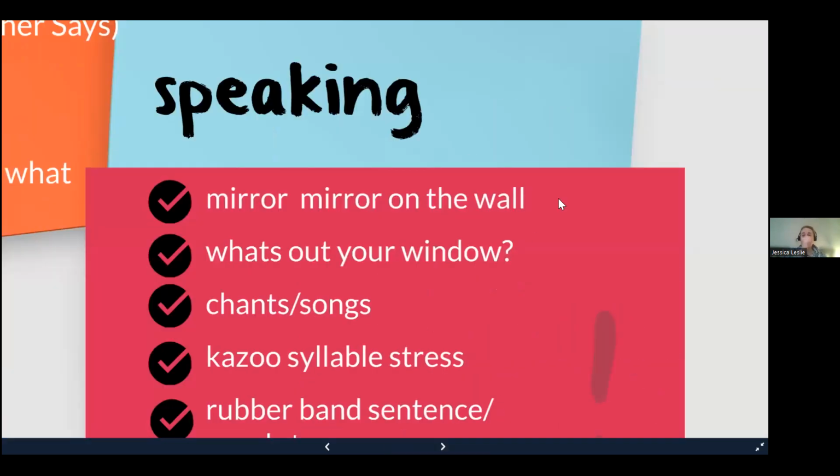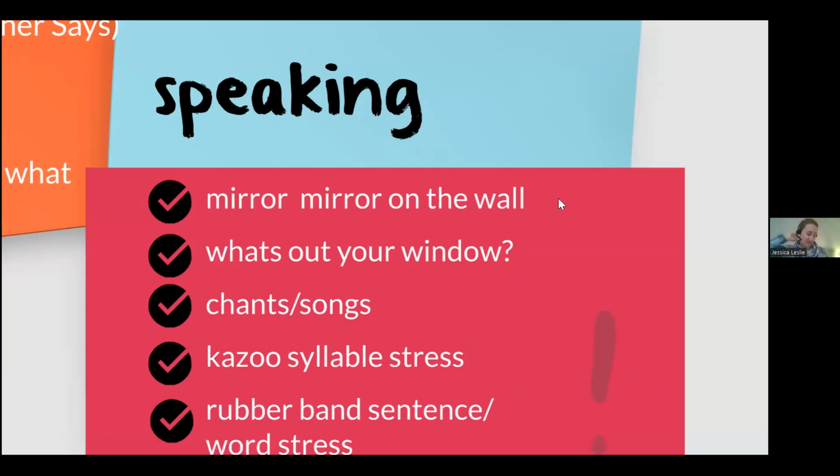Okay, so some speaking activities that use other senses. I've given them silly names. It's just what I called them, to call them something, because I didn't have a name for them when I do them with my students. But: mirror, mirror on the wall. And this I used with pronunciation, especially if we were working on a particular sound. I would have the students either go to the bathroom or, if they had a handheld mirror of some kind, I would have them sit and put the mirror in front of their face and watch their mouths while they were speaking, because it gives them a different perspective